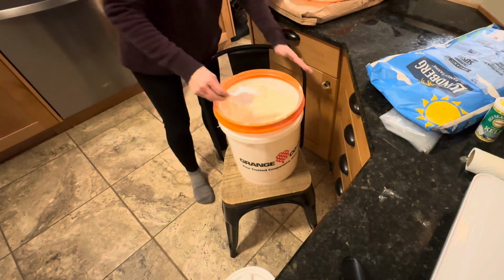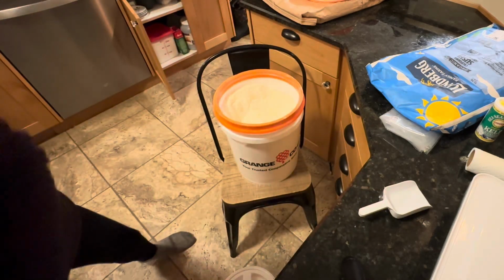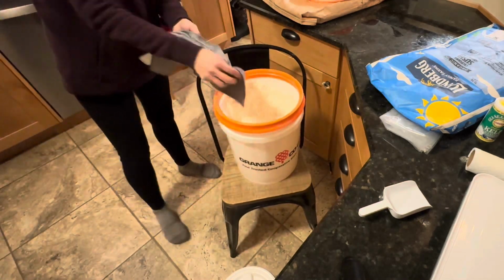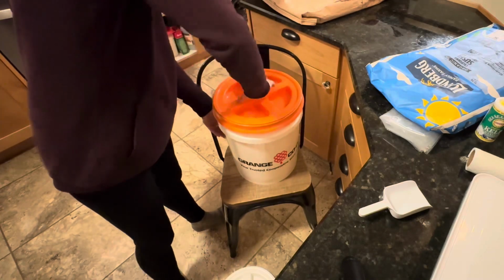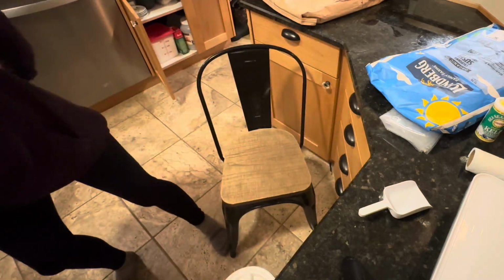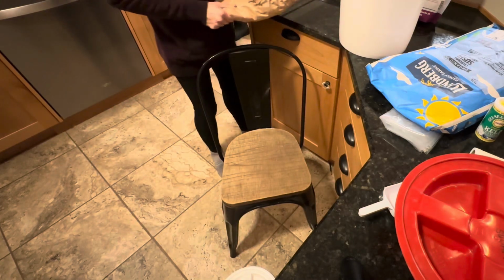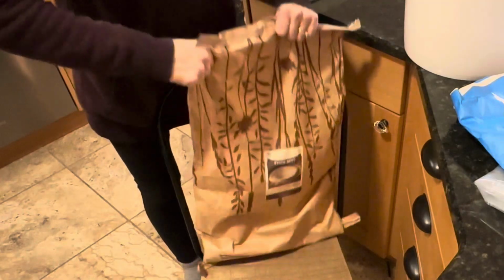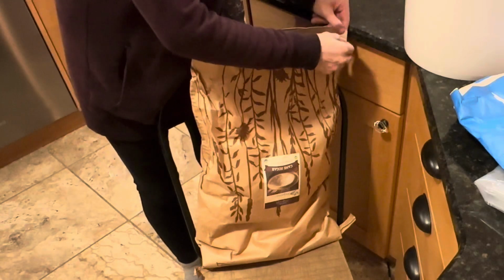You can also do Mylar bags in smaller quantities, and then you can put those bags into your 5-gallon buckets, which I have done with a lot of the freeze-dried food that I have preserved. I've got individual Mylar bags, and then I just stack them all in the 5-gallon buckets and put a lid on them, and they're stored in various places. Right now, since we've moved into this home, I do have a storage shed, and that is where I'm keeping quite a bit of our long-term food stores. Some of the buckets